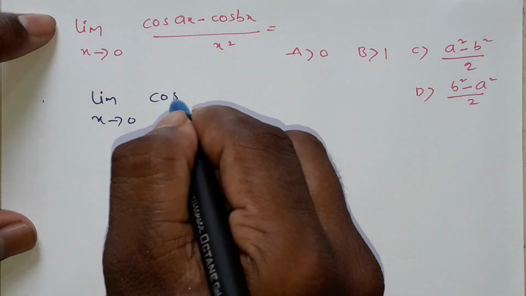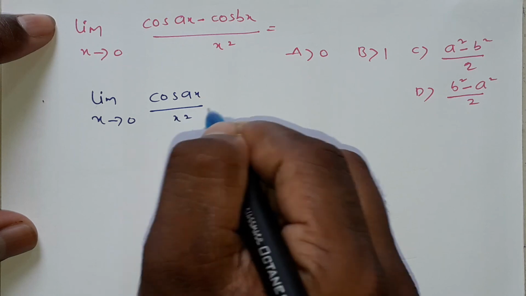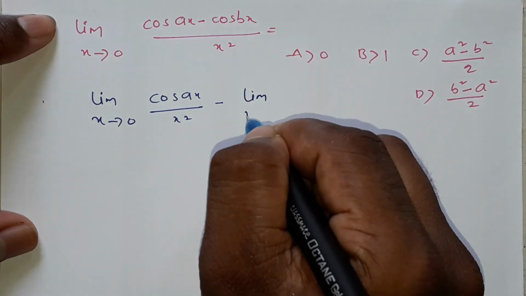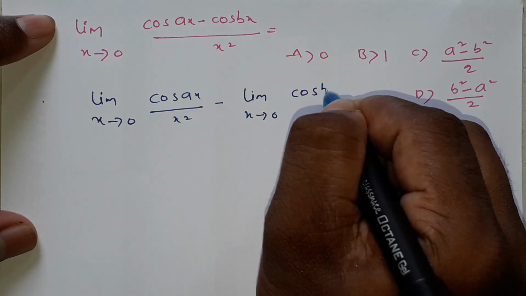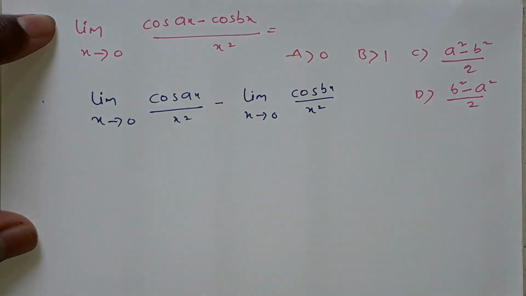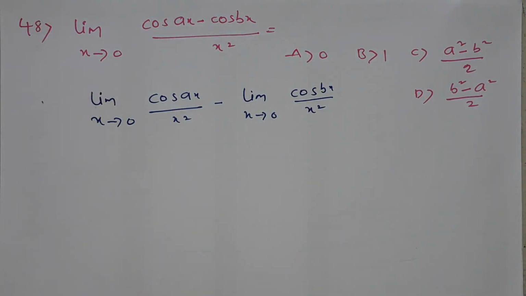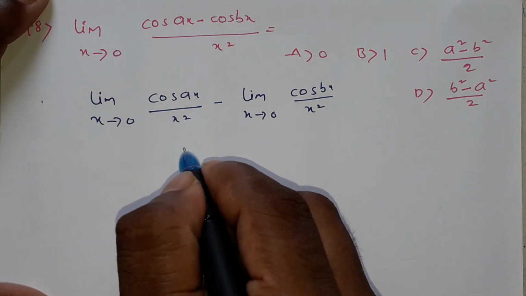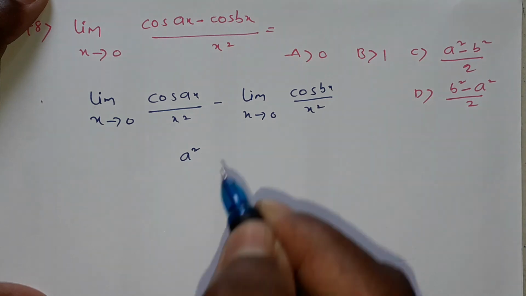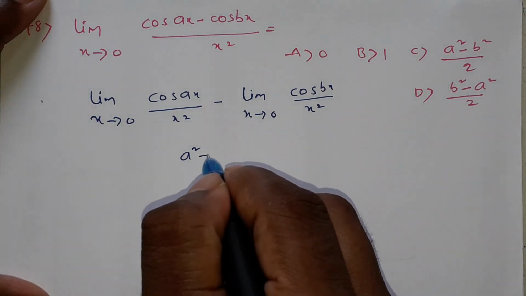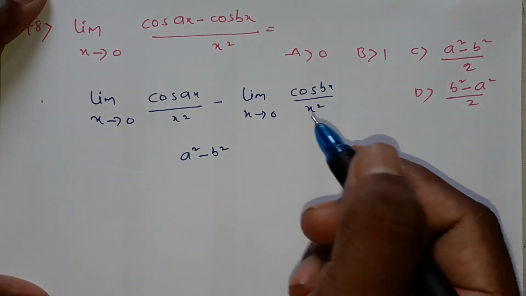So we write limit extends to 0 cos ax by x square minus limit extends to 0 cos bx by x square. Here numerator value multiply and dividing with cos ax by x. Instead of x we take 0, values will not change. So answer is a square minus b square by